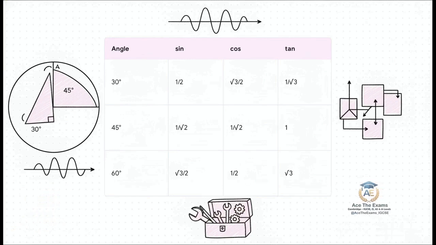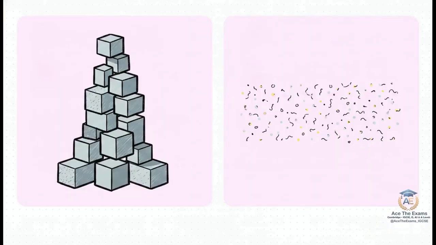When you commit these core patterns to memory by understanding their symmetry, rather than just brute forcing isolated data points, you completely remove massive amounts of cognitive friction. You no longer need to pause and disrupt your flow to calculate during a high-pressure exam. Instead, you just calmly reach into your mental toolkit, pull out the exact value you need, and effortlessly carry on with your proof. Now let's talk about how you apply these values, because this is where the true elite candidates